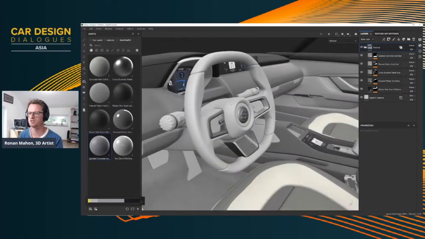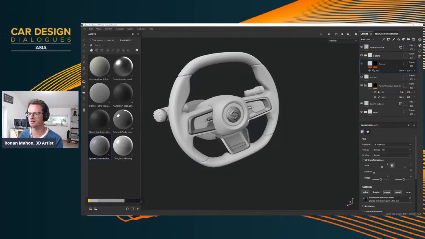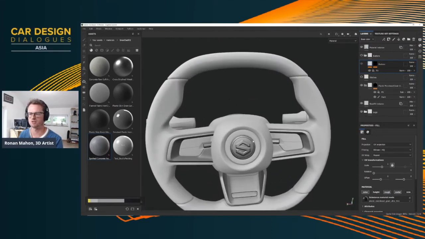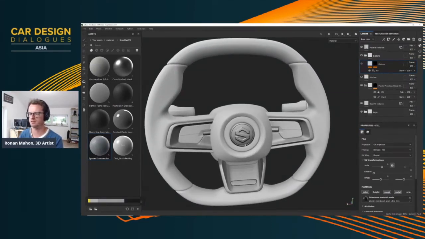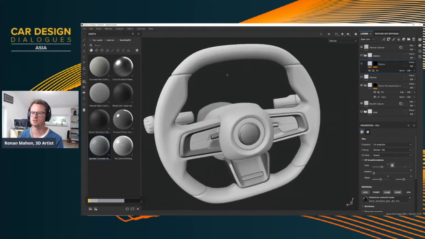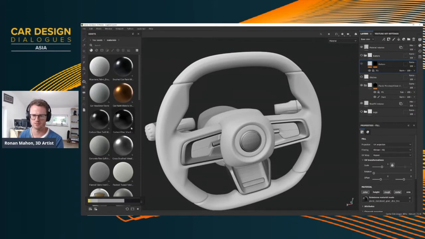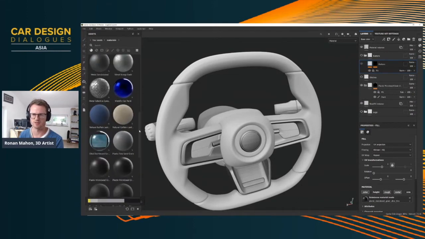Let's jump into the steering wheel instead now. You can isolate, obviously, a little section of what you're working on. It's got a steering wheel here, got a little badge in the center, a little logo. Let's turn that off for now. So I think Anais chose some leather for the steering wheel itself.